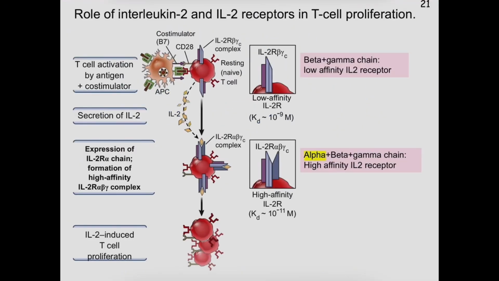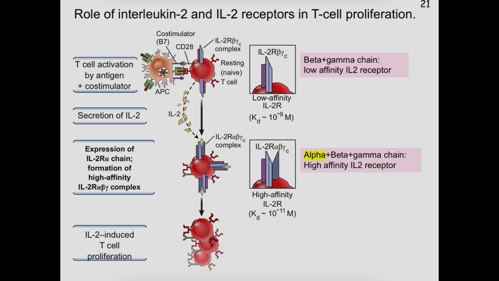Now we're going to look more closely at the role of interleukin 2 and IL-2 receptors in T cell proliferation. So as we can see here, we have a resting or a naive T cell. And if we zoom into the structure of its IL-2 receptor, we can see that it's only composed of two chains, which is the beta and gamma chains. Upon its activation by the antigen and its co-stimulatory signal, which is basically our TCR-MHC binding and B7-CD28 binding,